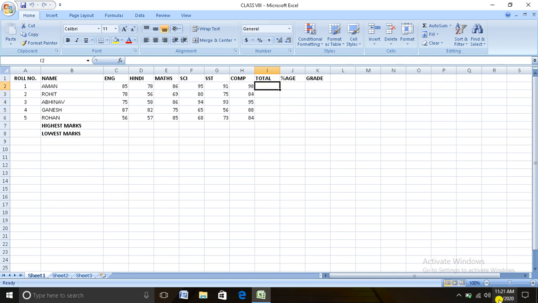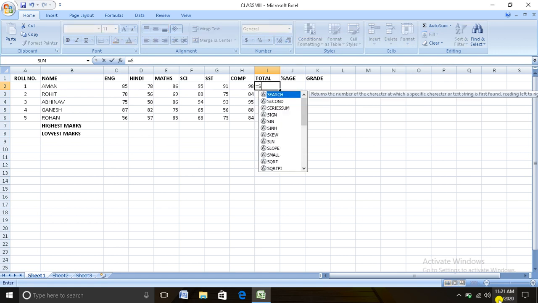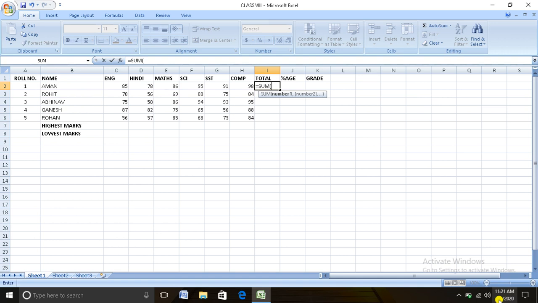Now we are going to learn the SUM function. Let us learn how to use the SUM function. As we know, the formula must start with an equal sign. So first of all, we put an equal sign and SUM, opening parenthesis, starting cell range, that is C2, and put a colon sign, and ending cell range, that is H2, and put a closing parenthesis and press the enter key. Now you have the sum of the cell range C2 to H2.